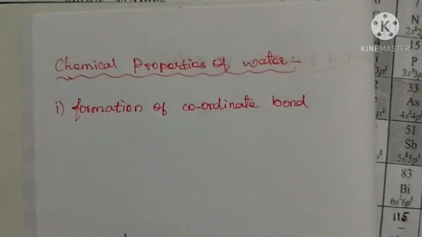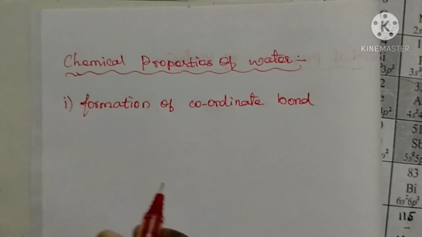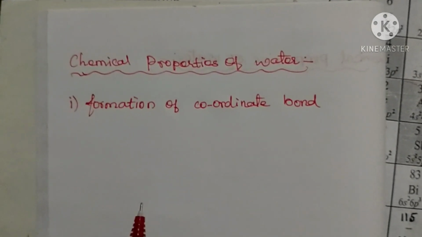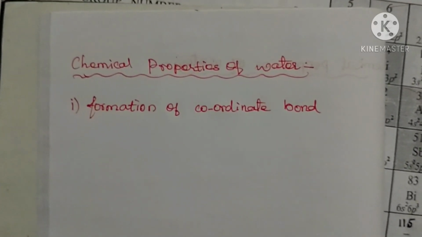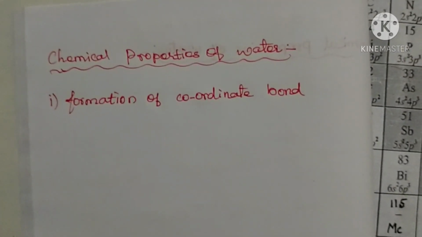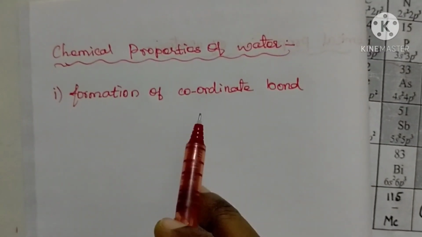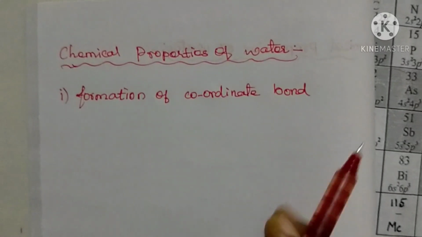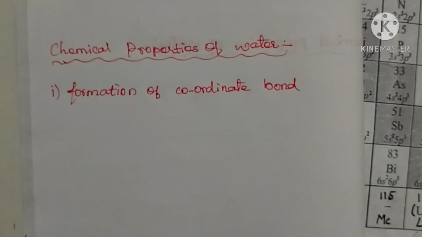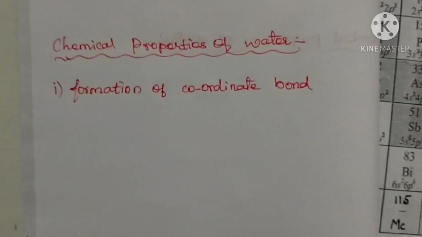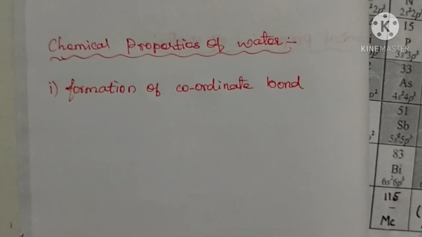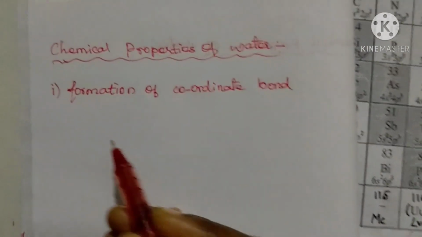The salt present in aqueous solution, in the hydrated salt, can form a coordinate bond between the elements present in that hydrated salt in water or aqueous solution of hydrated crystals. For example,